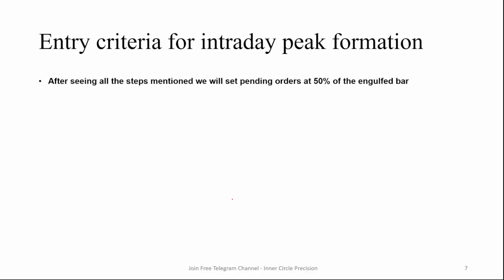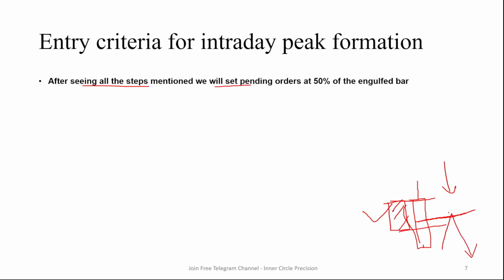After that, we now need to see where we can make some entries. After seeing all these steps mentioned, we will set the pending orders at 50% of the engulfing bar play. What do we mean? Let's say this is a green candle and this is a red candle. It sweeps right above and closes below this, meaning it has engulfed this particular candle. So the next candle will set a pending order at 50%. We can use a Fibonacci retracement tool to measure 50% of this particular candle and set a pending order. In this particular case, it's a sell, and we expect to see the market come and retest that 50%